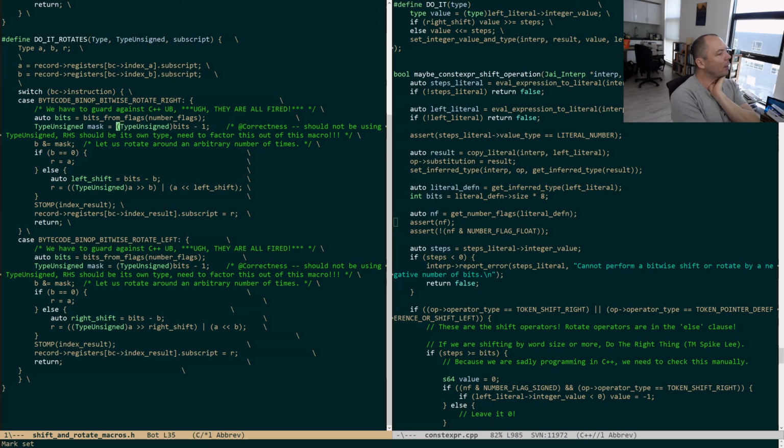Because most of the lines here are in common, and we can factor them up because we don't have to worry about other things besides rotates now. And then the question is,